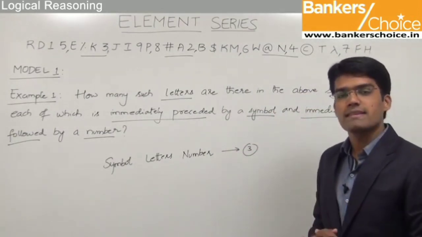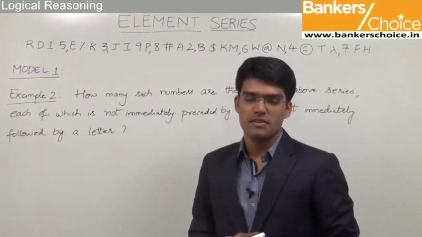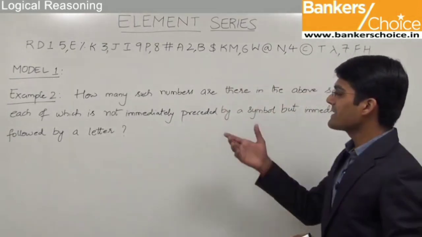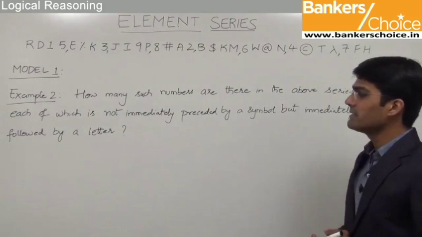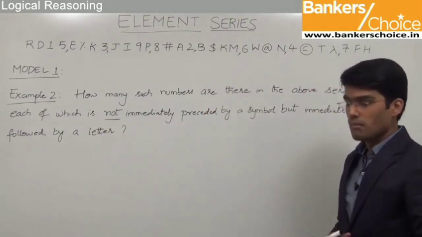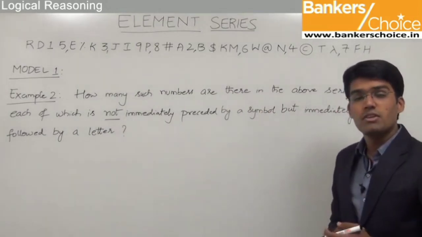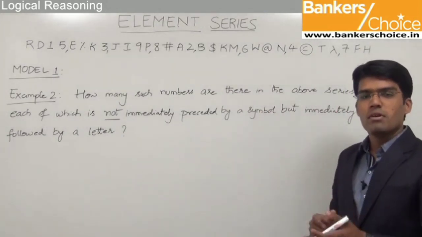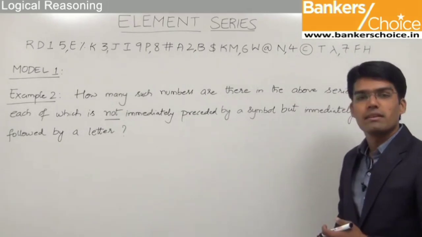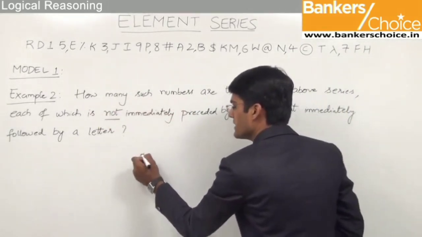Let us now take another example based on the same model. The second example from the first model here is, how many such numbers are there in the above series, each of which is not immediately preceded by a symbol but immediately followed by a letter. So here again we need to find out the number of triplets which follow the given order. So as you can see here, we are supposed to find out those numbers